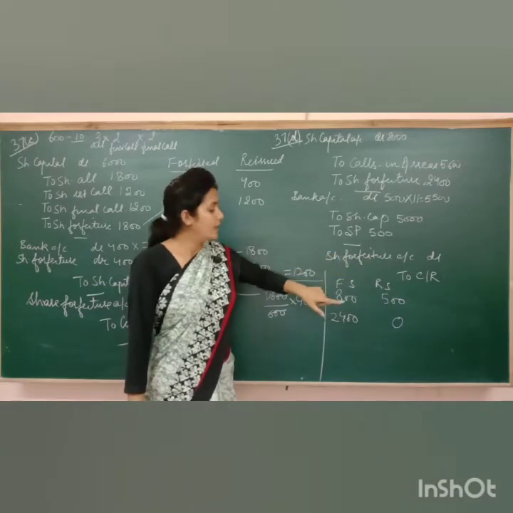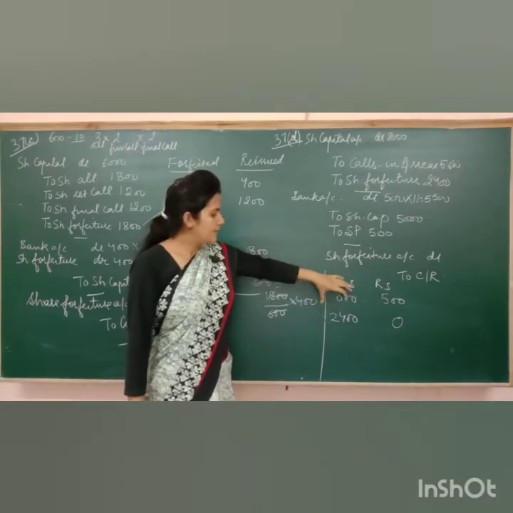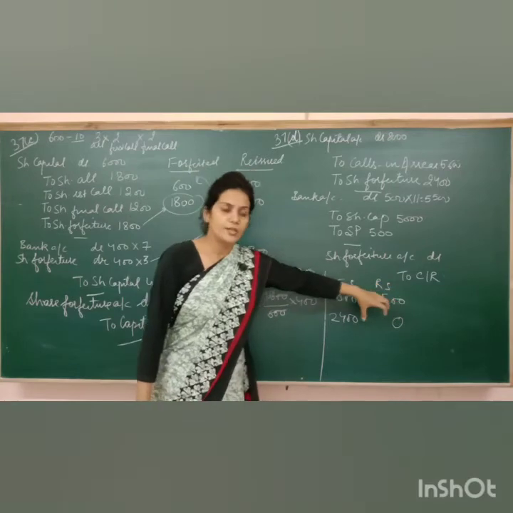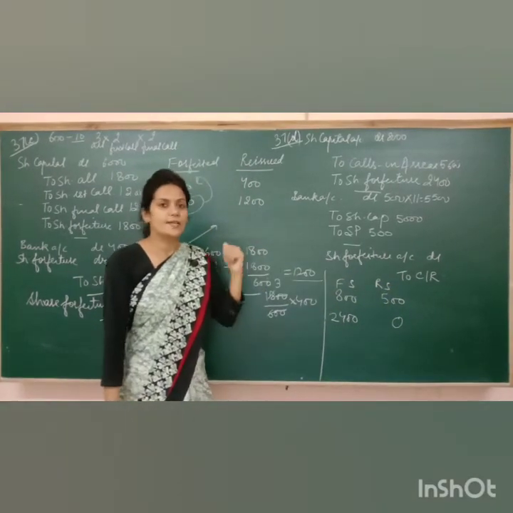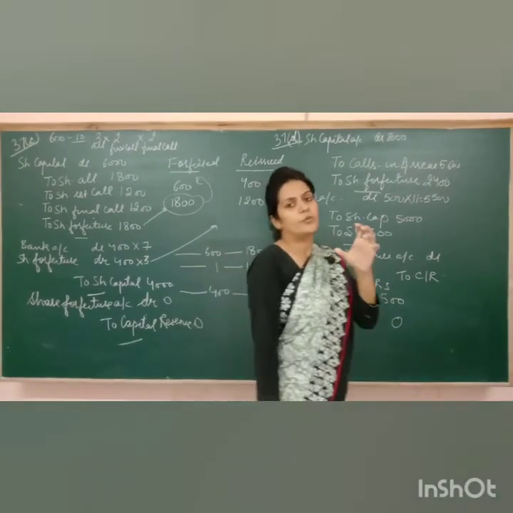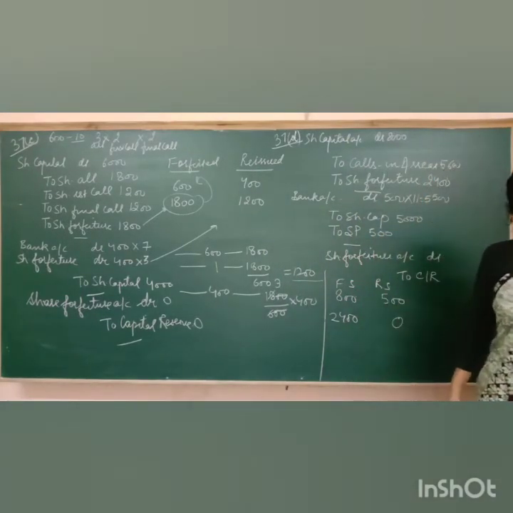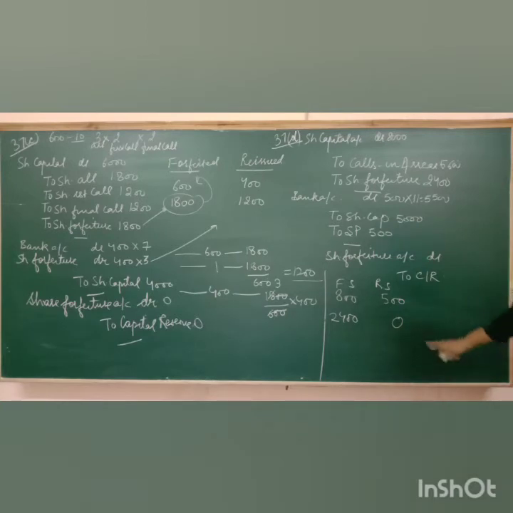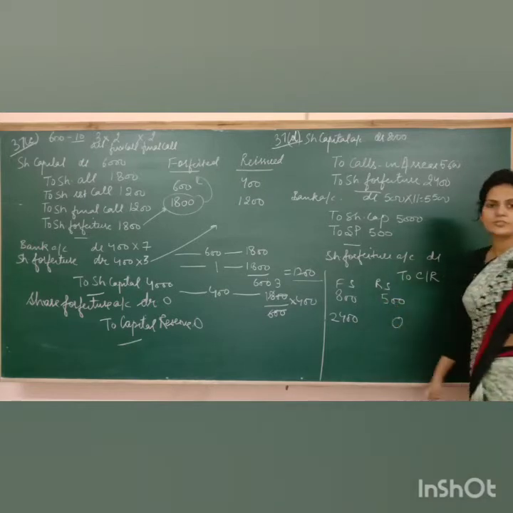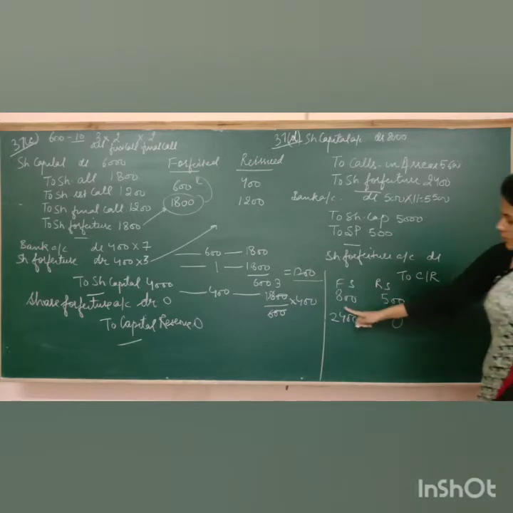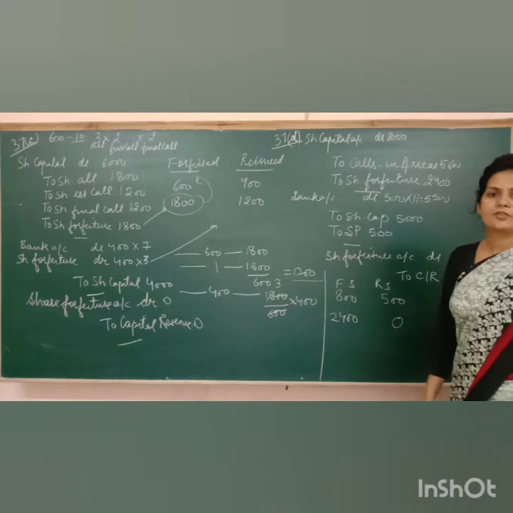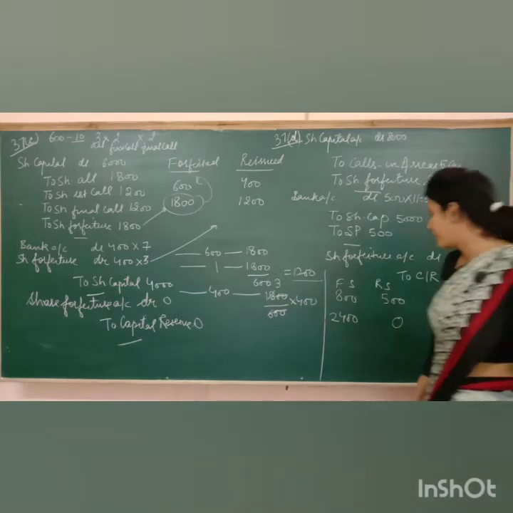So what do I have to do? मुझे ये देखना पड़ेगा जितने shares हमने reissue किए हैं उस पर कितना profit. Because as I told you just now, only that amount of profit can be transferred to capital reserve which is on the number of reissued shares. Here the number of reissued shares is 500, so you can transfer only that profit to capital reserve which belongs to these 500 shares. This 2400 profit belongs to complete 800 shares. So calculate how much is on 500.